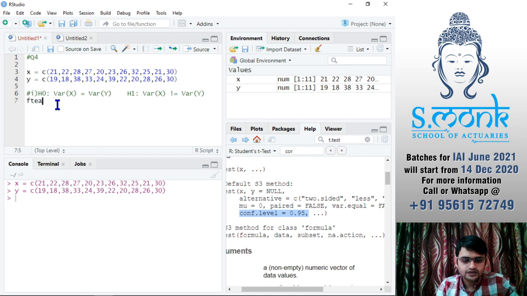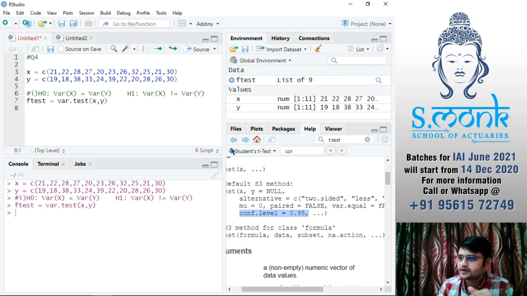So for the F test, I will write F test is equal to var.test, and all we have to do is give the variables x and y, so x comma y. Other things we do not need to mention because by default they are the correct values.